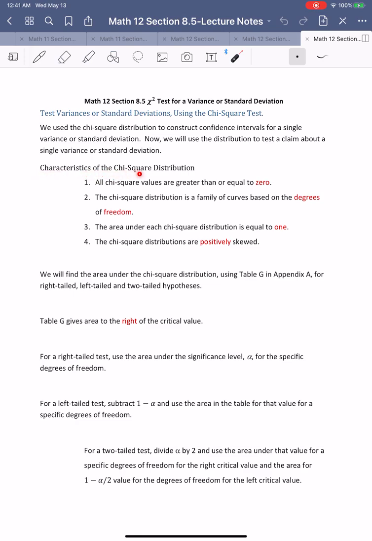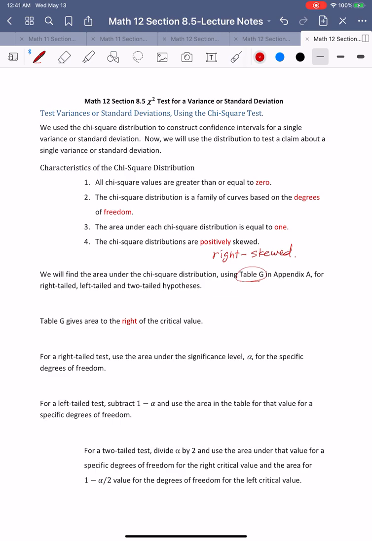So, characteristics of the chi-square distribution. Number one, all chi-square values are greater than or equal to 0. The chi-square distribution is a family of curves based on the degrees of freedom. The area under each chi-square distribution is equal to 1. And the chi-square distribution is positively skewed, which is right skewed. We find the area under the chi-square distribution using Table G, Appendix A, which I provided to